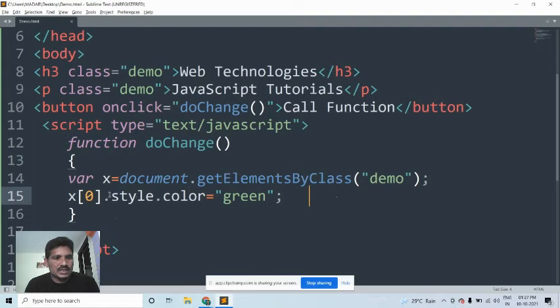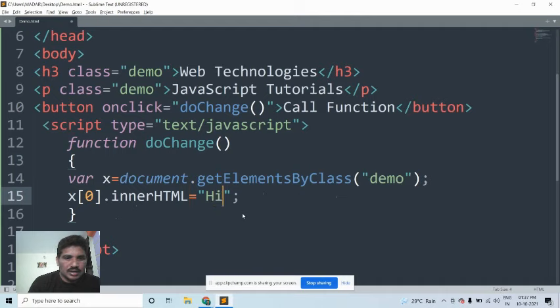First I would like to check whether it is applicable or not. We will use the inner HTML equal, suppose the content should be hi everyone.